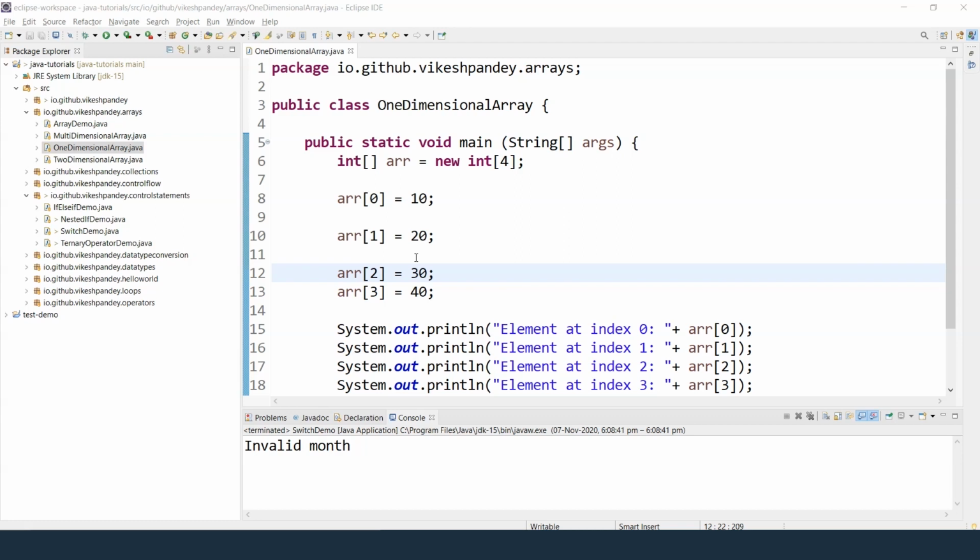But whatever examples which we took previously were one-dimensional arrays, because arrays can have more than one dimensions as well. You can create a one-dimensional array, you can create a two-dimensional array, you can create even a three-dimensional array, and you can go up to as many dimensions as you can handle in your Java program. So it depends upon the kind of complexity you want to have in your program and the kind of values, the kind of structure you are going to store in your arrays.